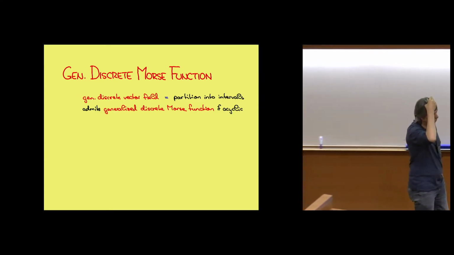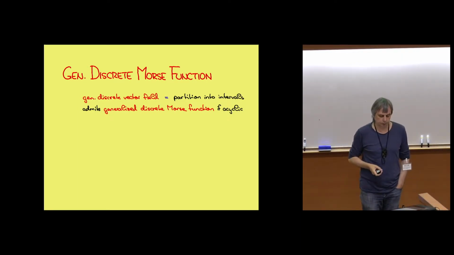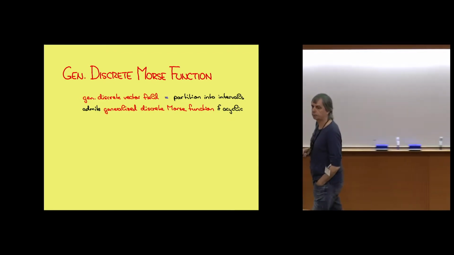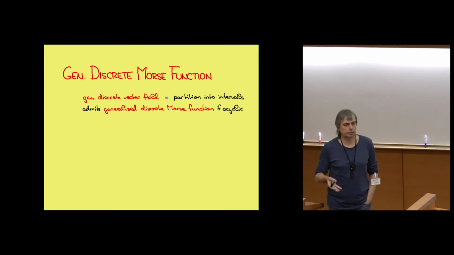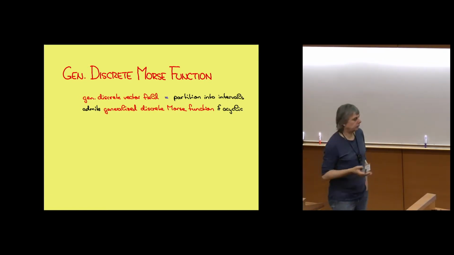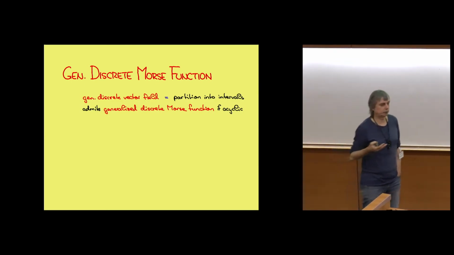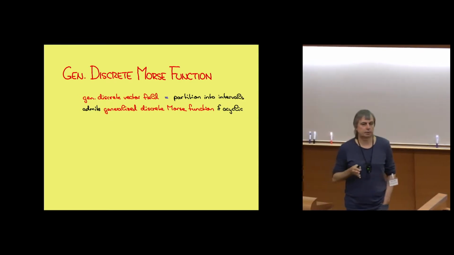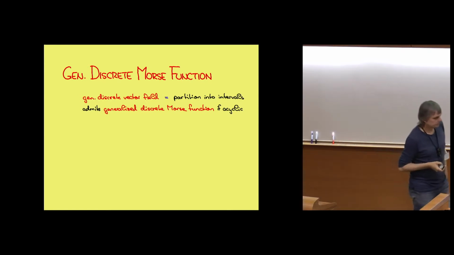So now I would like to introduce a little bit of generalized discrete Morse functions. Discrete Morse theory was introduced by Robin Forman. 1998 is probably the most important paper that's always cited. And I would like to generalize it a little bit, so I call it a generalized discrete Morse function. But as far as I'm concerned, the generalization is only minor. But this minor modification somehow makes things much more convenient, and it fits perfectly to the alpha shapes and the rest of what I want to talk about.